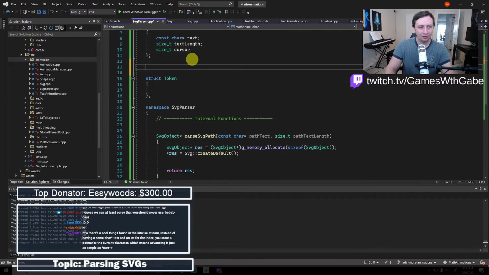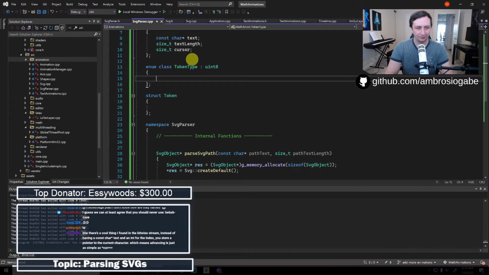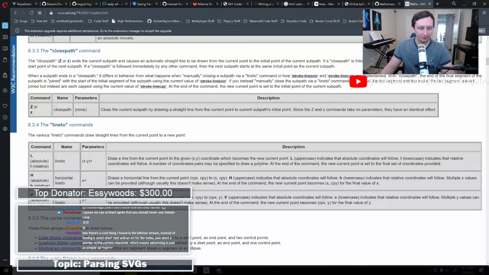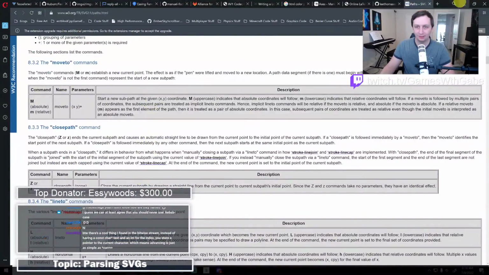So instead, we'll have enum class TokenType, uint a, and then we can extend this later if we need to. So basically we'll have some sort of command type, or we'll have a number. So we'll have number, and then we will have different commands. For now, I'll just start with move to, which is an M.